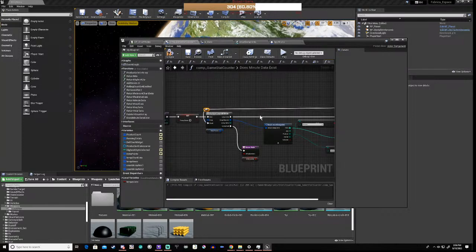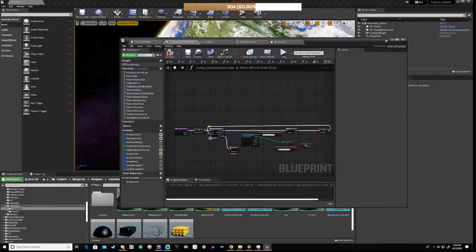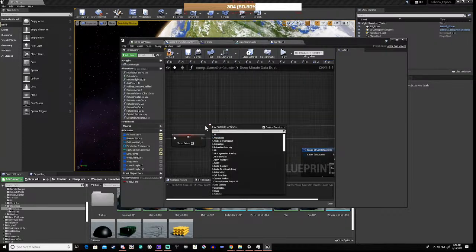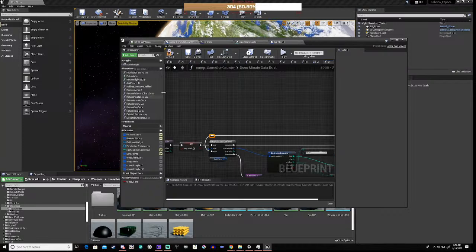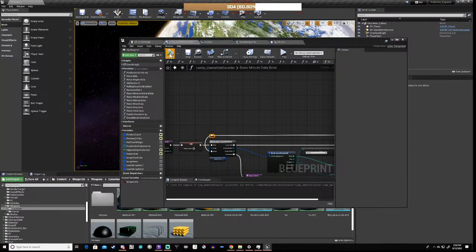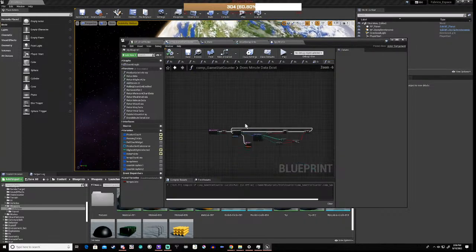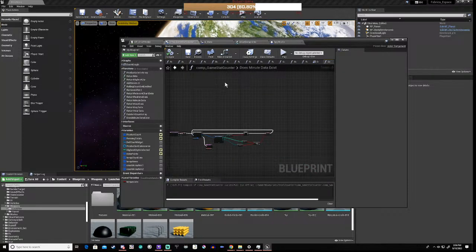Okay, and I think that needs to go a touch higher. So we shall save that, and at this point what we can do is do a save all,